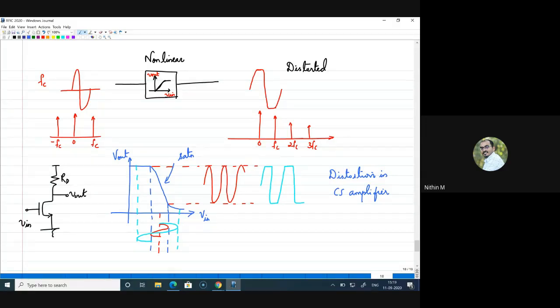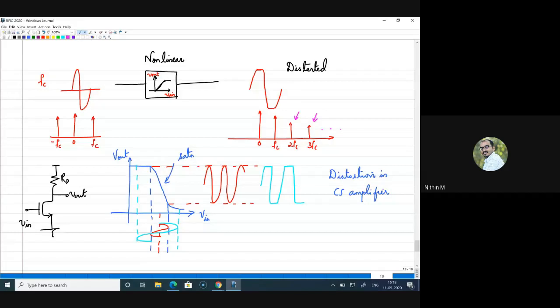So it is very clear that if your input signal is large, it is resulting in some extra components. Now we should study what are the effects of these extra frequency components coming at the output. So if you look at this example, you can see that there are components appearing at 2fc, 3fc, and so on. Right. So now we will study what is the effect of this, and will it affect the signal, or will it affect the system as a whole in any way? Right.